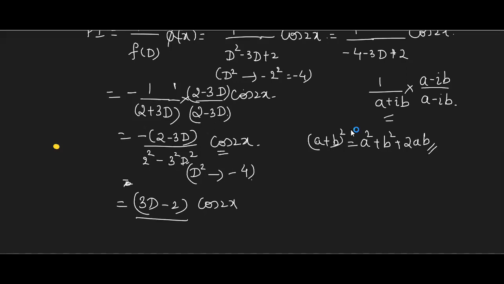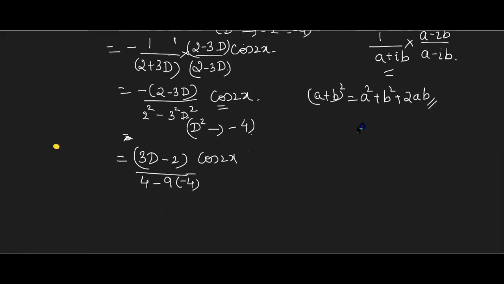Replace. So see here, denominator 2 square is 4, 3 square is 9, right? D square is minus 4. I have written the simplified terms, nothing much. Okay. Now, there is no problem. This can be written. But can you tell me, is this a required PI, yes or no? Can you conclude your PI at this step by just adding these numbers?